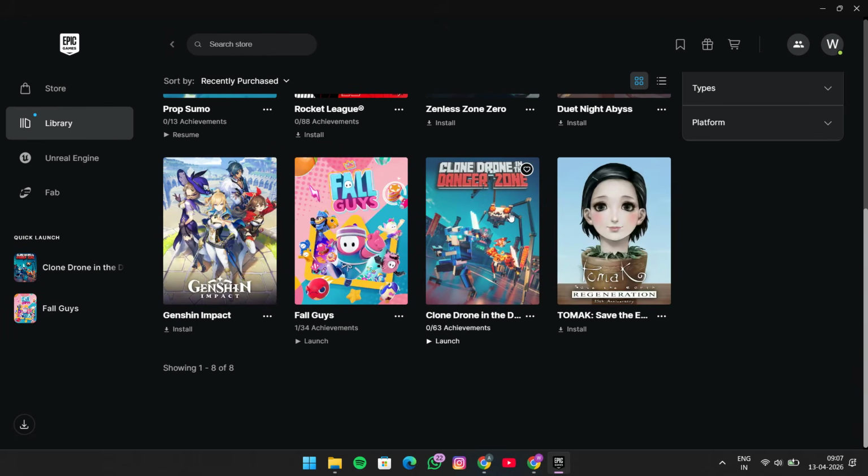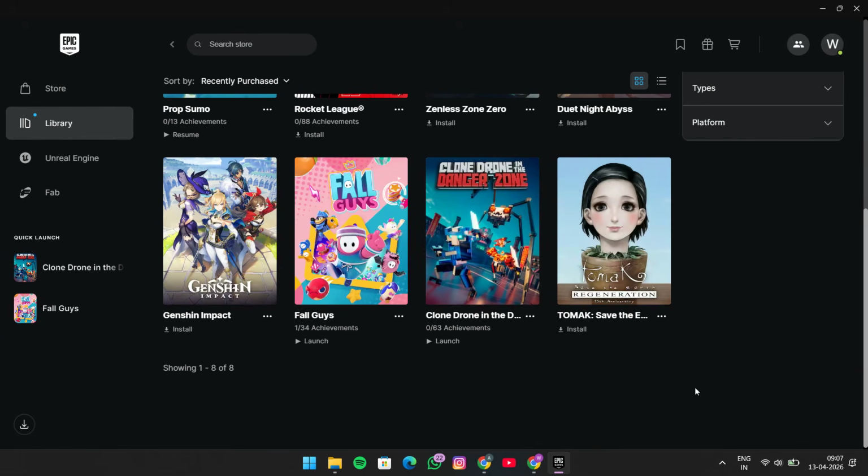may help. If you've gone through all of those steps and the issue is still there, wait a few minutes and refresh the launcher again. Sometimes Epic Games is dealing with a temporary server-side issue, and the game may become available again after the platform syncs properly. You can also try restarting your PC for a clean reset, which often clears out minor background issues